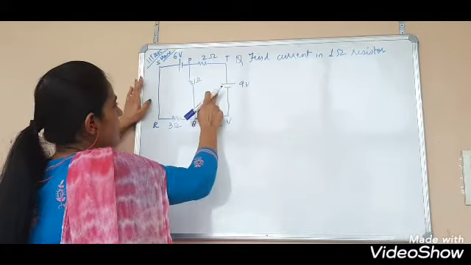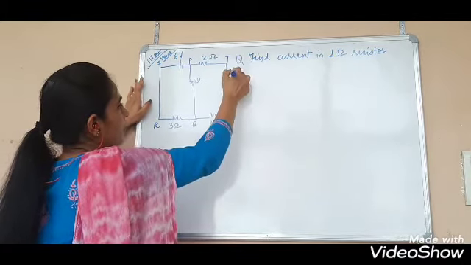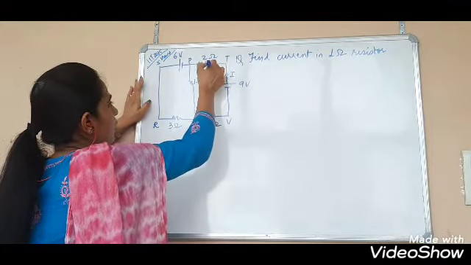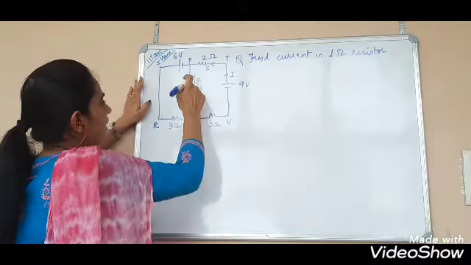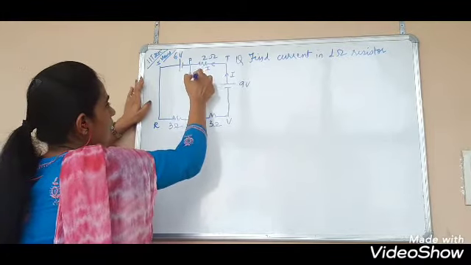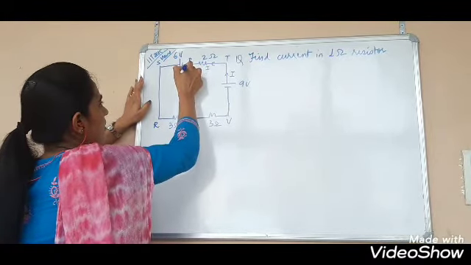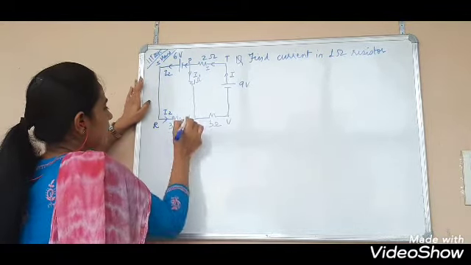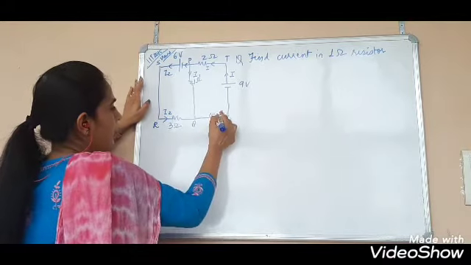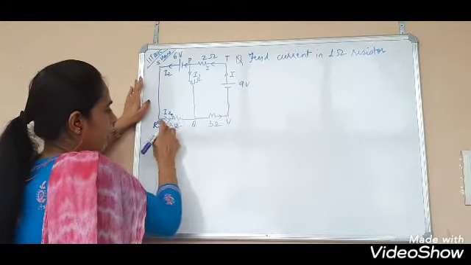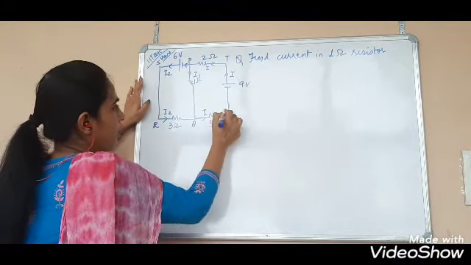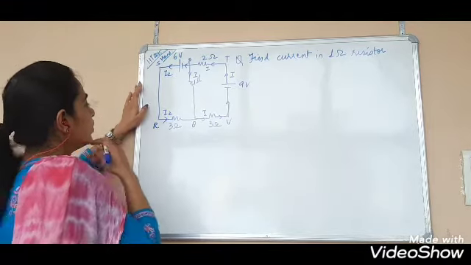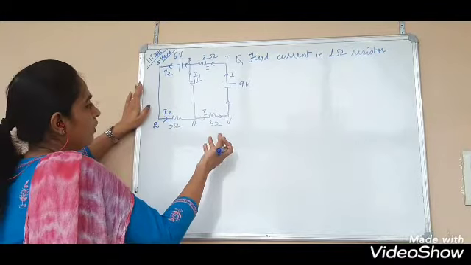So there are 2 cells. Let's draw current from the bigger cell. I will call it as I. So I will pass from here. Then I will get divided. So let us call this as I1 and this as I2. Okay, so current I2 will pass from here. Here I1 and I2 will combine to give you I, so that you get back I. Right? Now naming loops have already been given.